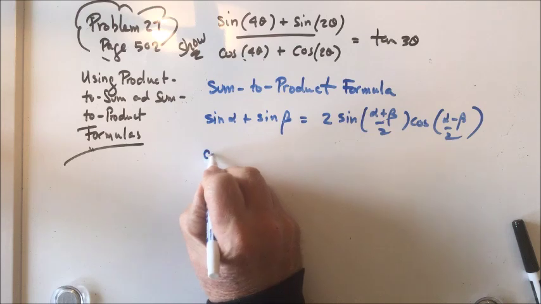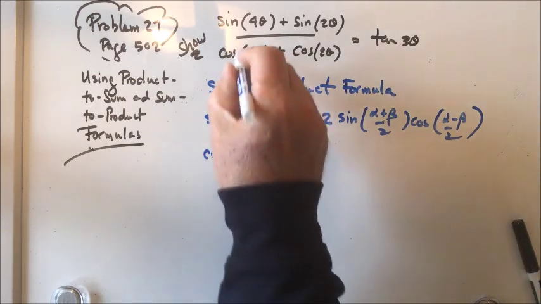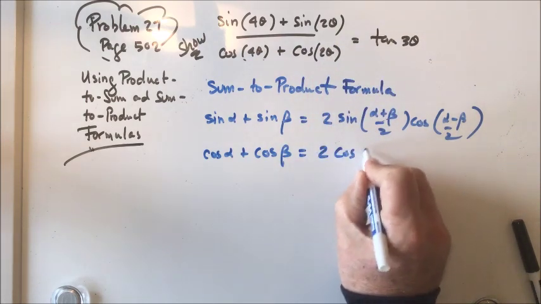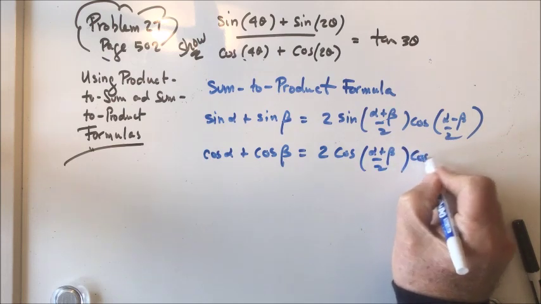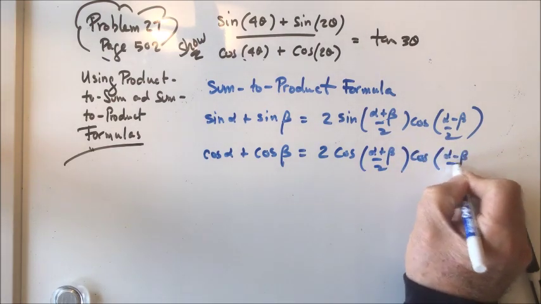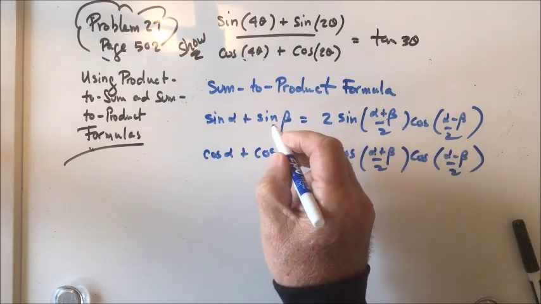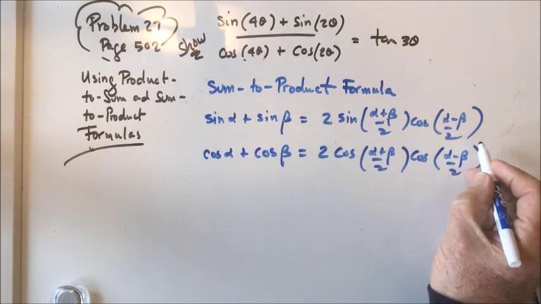And then the second one is cosine alpha plus cosine beta, because I've got a cosine alpha and cosine beta there. It's equal to 2 cosine of (alpha plus beta) over 2 times cosine of (alpha minus beta) over 2. Oh, look at that. I've got this common term in both cases. So if I form the ratio right here,